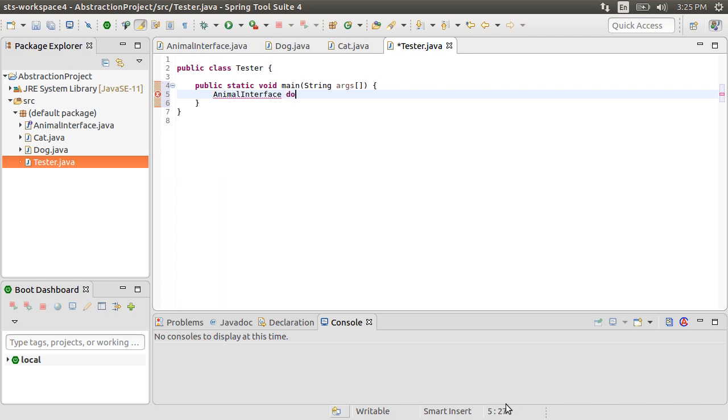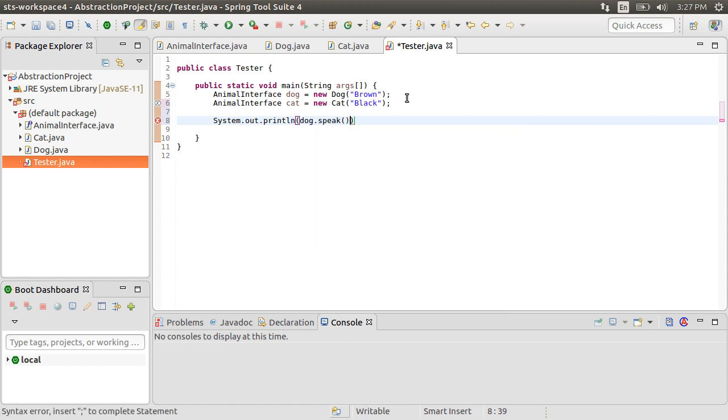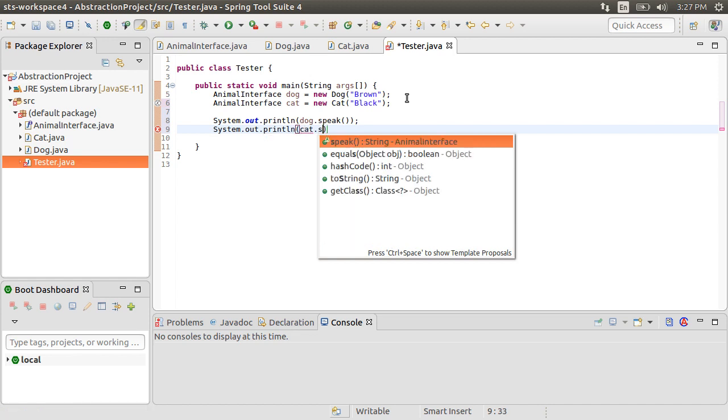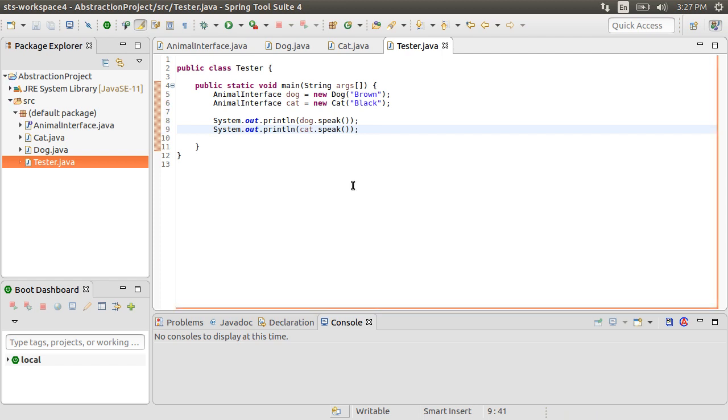Inside, now let's create a variable of type Animal interface, call it dog, and initialize it as new Dog, passing in the color brown. Using the interface as the variable, we'll have the constructed object get the contracted method of the interface. Let's similarly create another variable of type Animal interface and initialize it as new Cat with a color black. Now, using System.out.println, we can print the return value of these method calls to the console. Call dog.speak. Similarly, using System.out.println, output the return value of cat.speak, the method both the classes had to implement as a result of the interface.